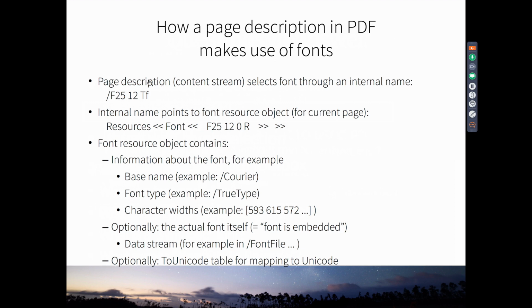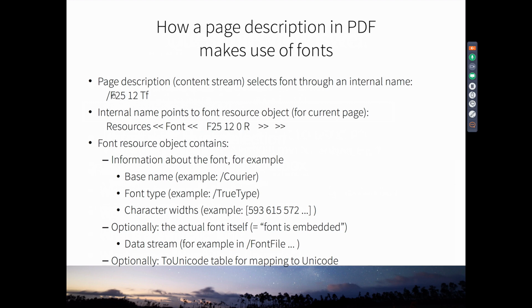So first, in the page description, what you can call a content stream, so the description of the actual page in a PDF file, there you would find an internal name. In this example, that is F25. Then 12 defines the text size, and TF establishes that font to be the current font. And if in the page description I would then write some text, in this case the F25 font will be used. That is a page description, and that refers to an